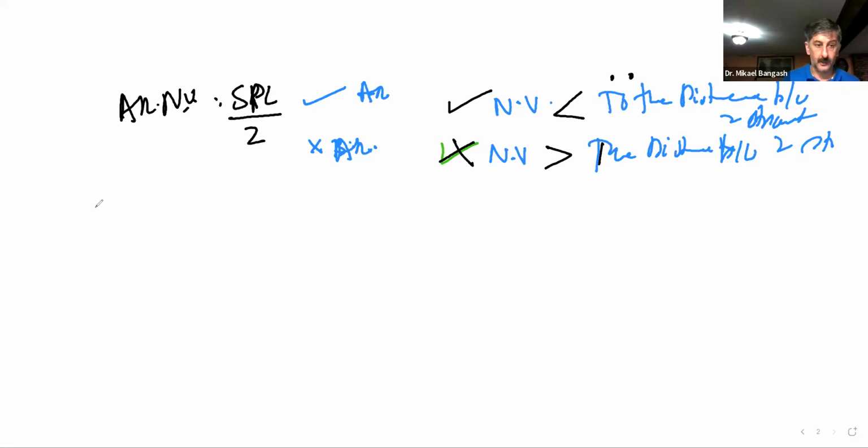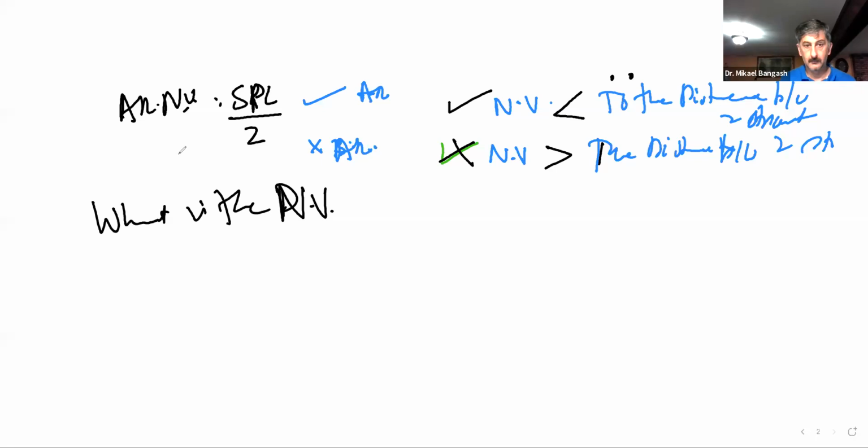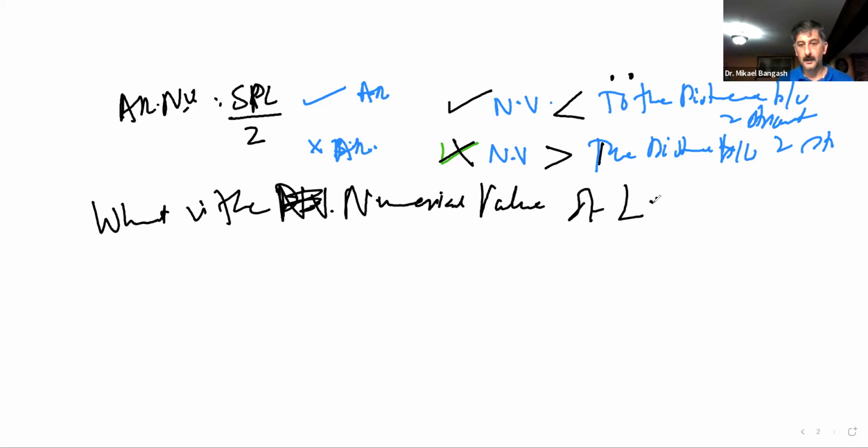So the question just comes as, what is the numerical value of lateral resolution? Now, first of all, before getting into what the numerical value is,